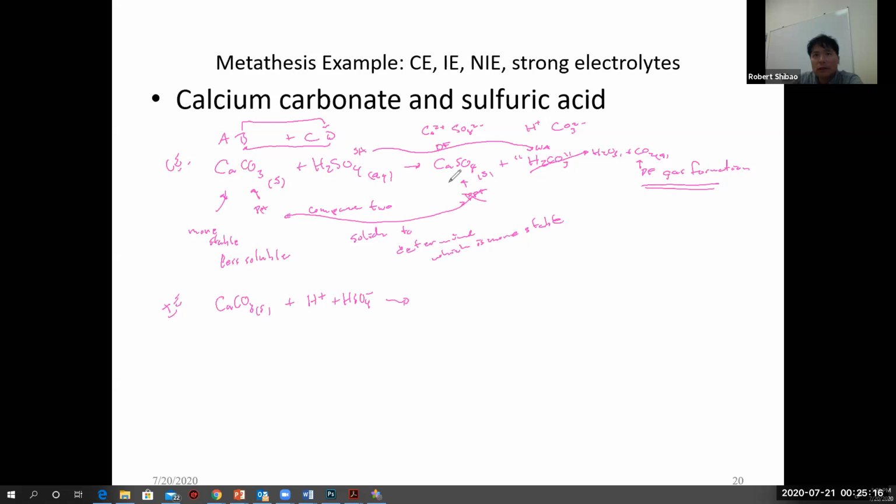And then over here, calcium sulfate is an insoluble solid, so that's not. And then finally here, H2O is not a strong acid, not a strong base, and not a soluble salt. Same thing with CO2. And so this would be the ionic equation. In this case, there are no spectators, so this equals the net ionic equation. And so we have 2 driving forces. One driving force was stronger acid to weaker acid, and the other driving force was the gas formation. This followed a simple pattern. The AB plus CD was looking at alternate ion combinations for that.